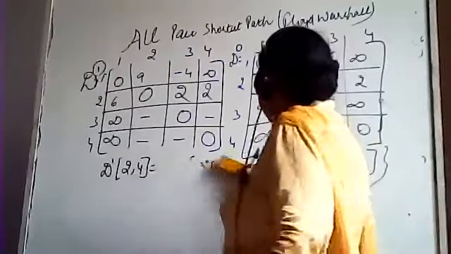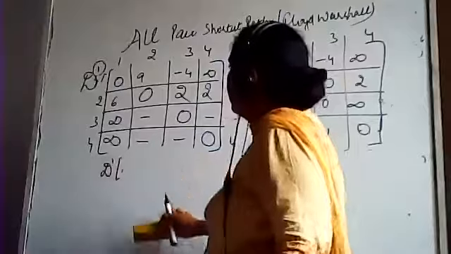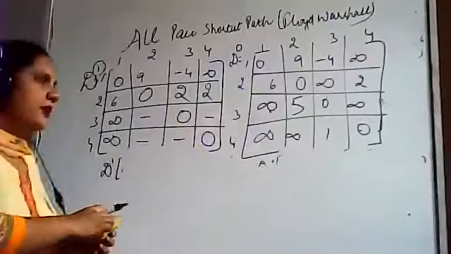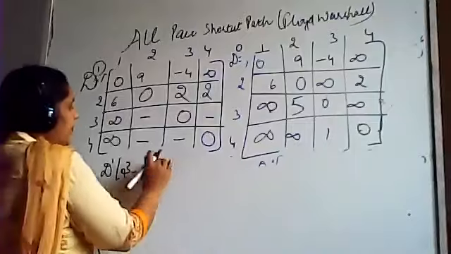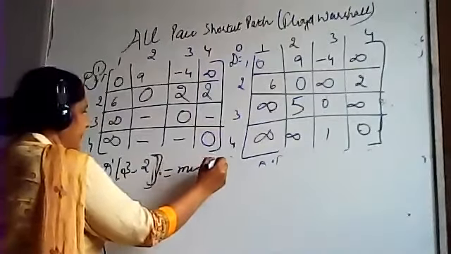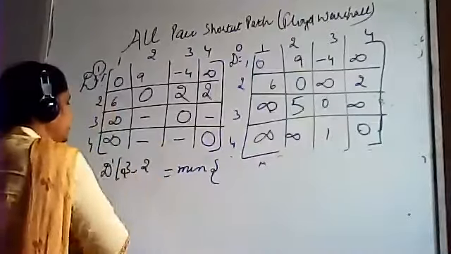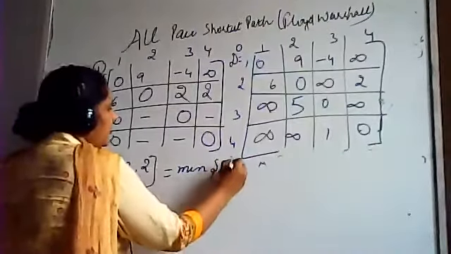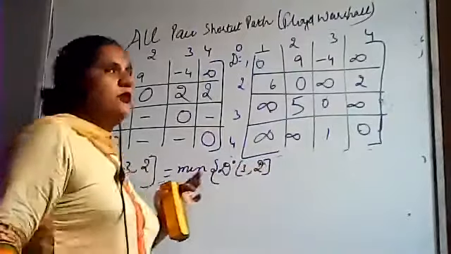Next value is, we will be calculating 3, 2. Put 3, 2, minimum of D0 of 3, 2, then comma,